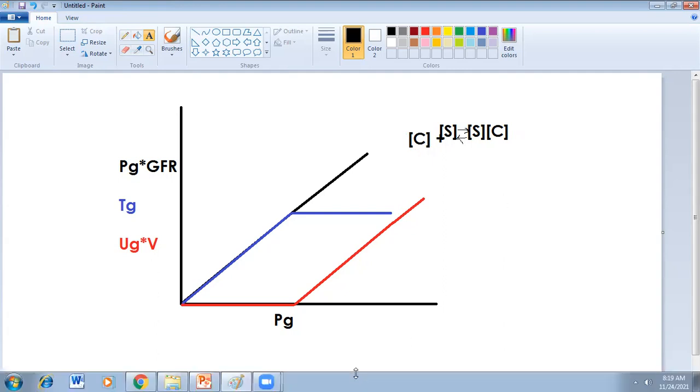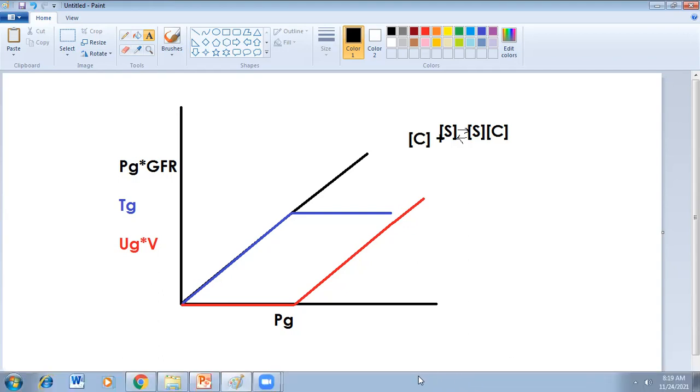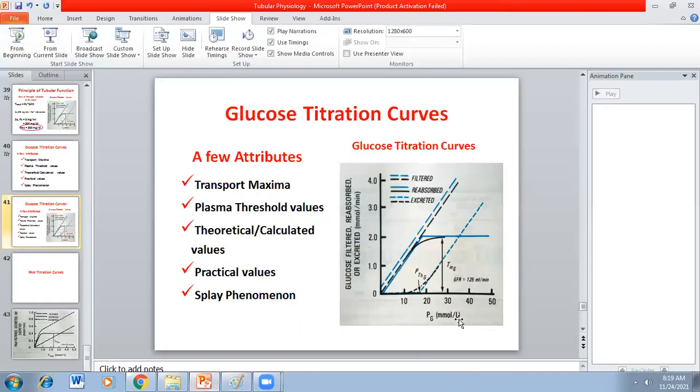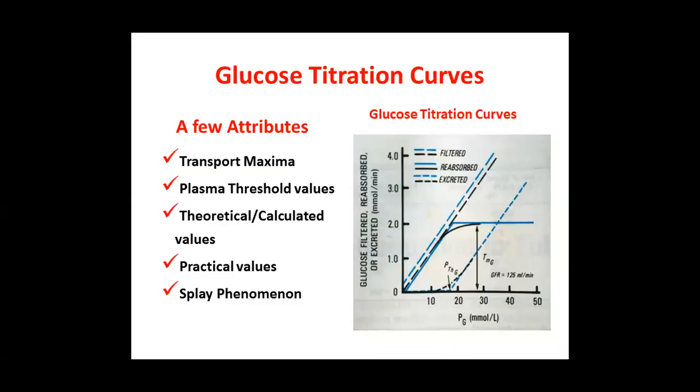As we say bidirectional, as substrate-carrier association is taking place, substrate-carrier dissociation is also taking place. So as solute associates with carrier, the substrate-carrier complex is also continuously dissociating. It is a bidirectional affair, leading to some amount of free glucose always being present in the tubular lumen. So these are the possible explanations of the splay phenomenon. I understand these are quite complex. Please put your questions. I will answer in the interactive session.